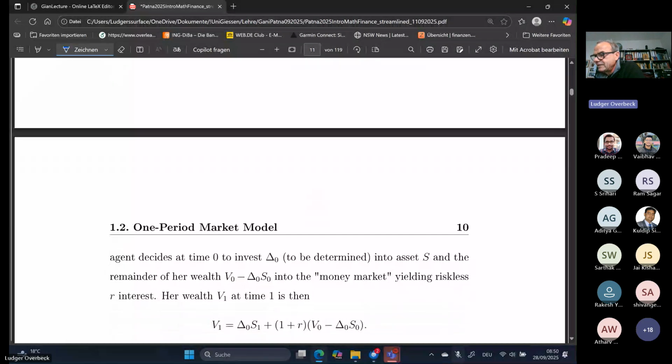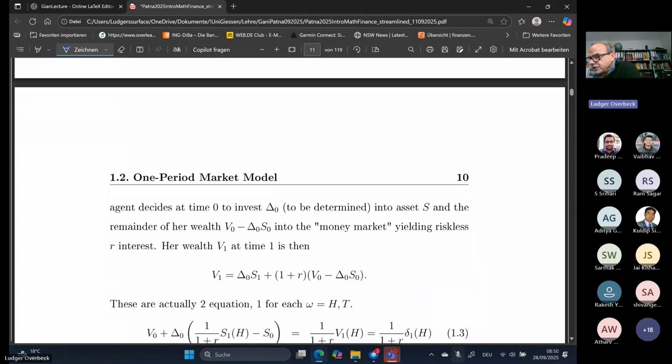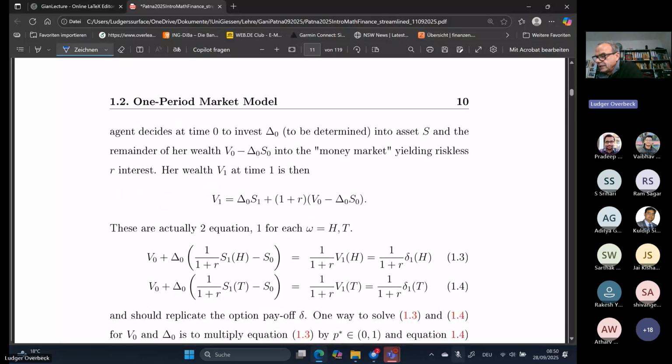Yeah? And then you have this investment, delta 0, and you want the hedge portfolio to be this one. And you can solve these equations. This means these are the two equations in up and down, like head and tail. The value of the option in two states. This is discounting.